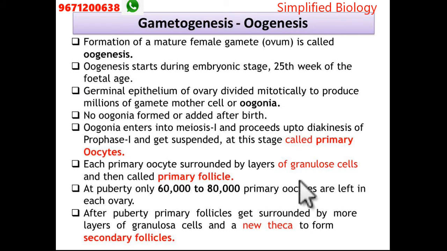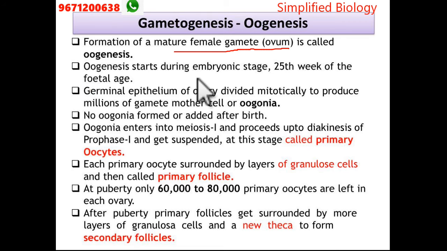Clear, student? After that, the major part is gametogenesis. In the male, spermatogenesis will be there, and in the female, oogenesis will be there. So the formation of the female gametes, named the ovum, is called oogenesis. Clear, student? The formation of ovum is named oogenesis. So just take care during the study. That is a very important step from the examination point of view.